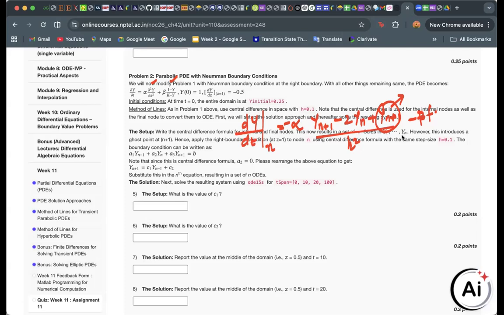But central differencing formula, what is the equation? Central differencing formula is, so this is yn minus 1, right? So if you write this, yn minus 1 minus 2yn